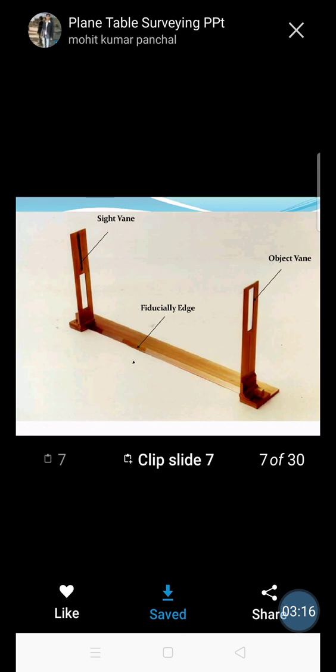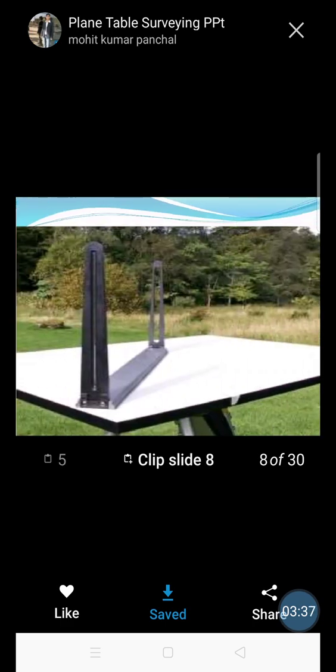You can see in the picture, this is the eye vane, this is the object vane, and the fiducial edge of the alidad which is chamfered, having a sloping shape on one side, is used for plotting the rays. This is the figure of the alidad. Another type of alidad is there.